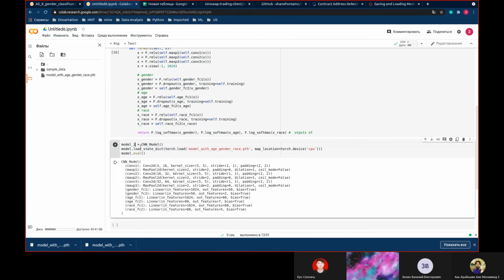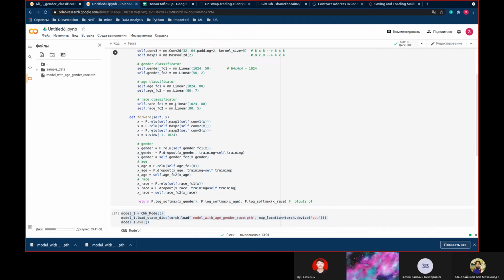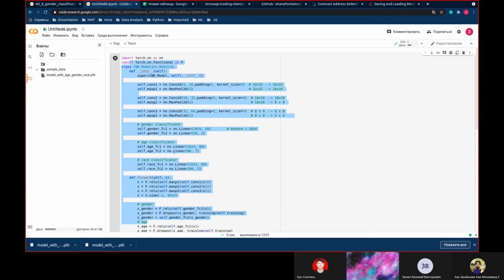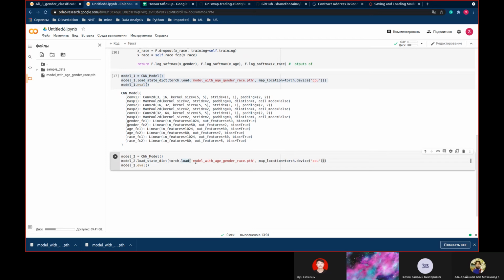And here, for example, it will be model 1, evaluate. And another weights will be for another model, for example, the second. It will be another class. For example, if model 2 should classify only gender, you will get the correct architecture and upload the weights, for example, the model with age here.